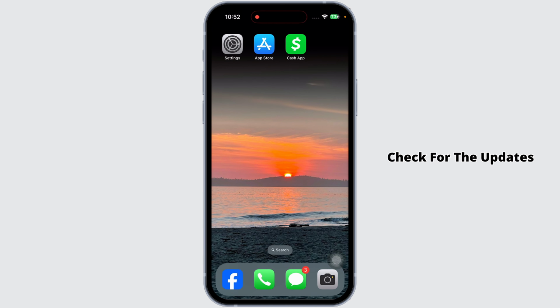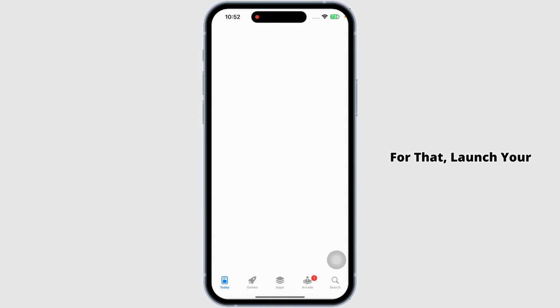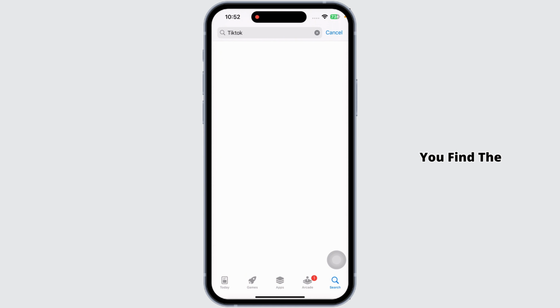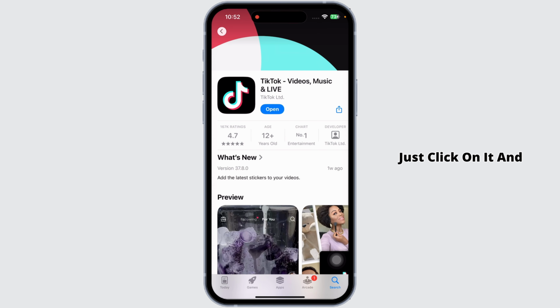Likewise, you can also check for the updates for the app TikTok. For that, launch your Play Store or App Store, search for the app TikTok. After the app appears, if you find the option of update, just click on it and update the app to